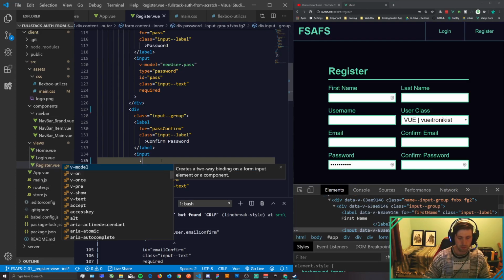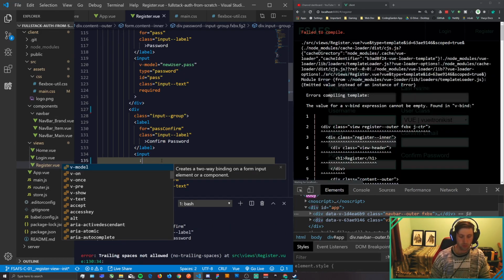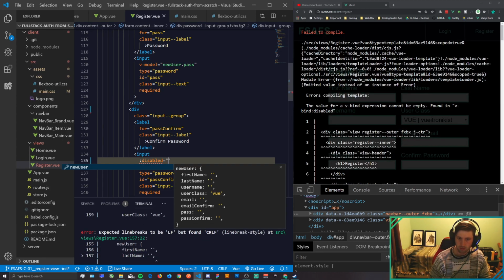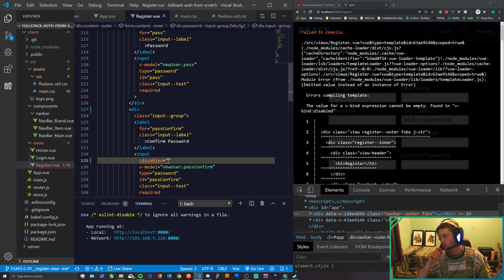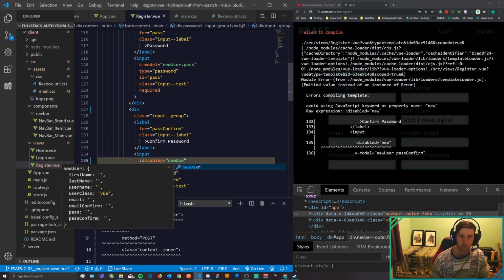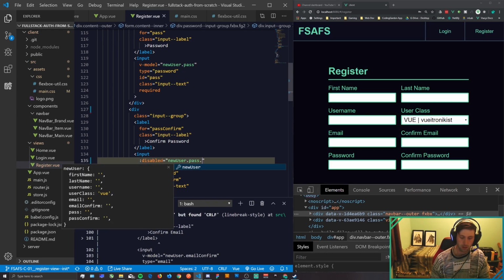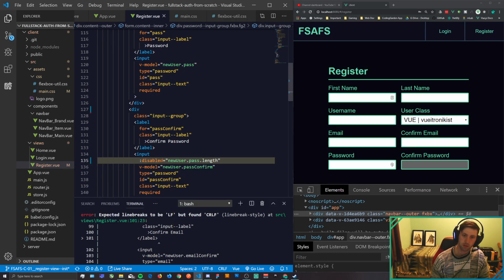I'm going to v-bind to the disabled attribute, and we're going to write an expression here. Let's see. So we want newUser.pass.length